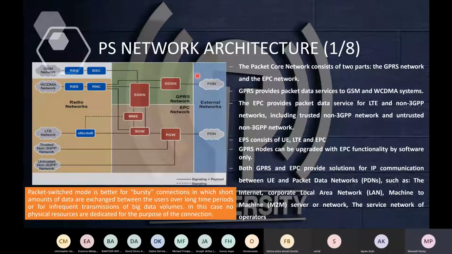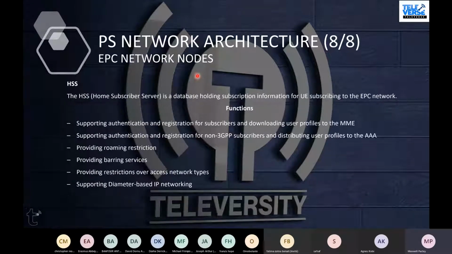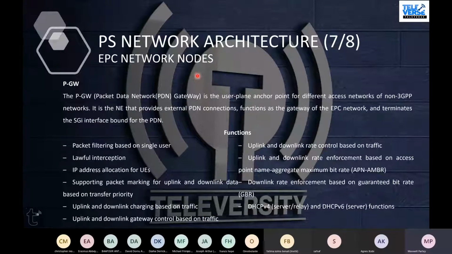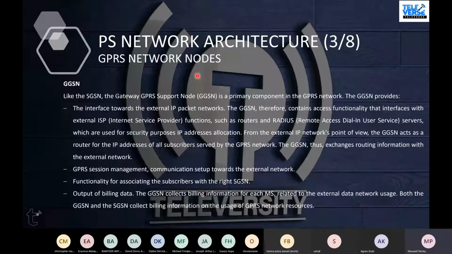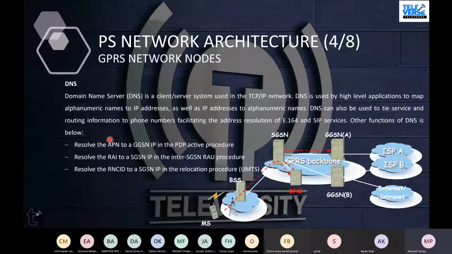We have the IDNS, which is able to handle the alphanumeric mapping of the APN to the GGSN IP, the RAI to the SGSN IP, and the RNC ID to the SGSN IP. All this is being handled by the IDNS. Then we have another DNS, which is able to resolve the APN to the GGSN IP address of the external network,